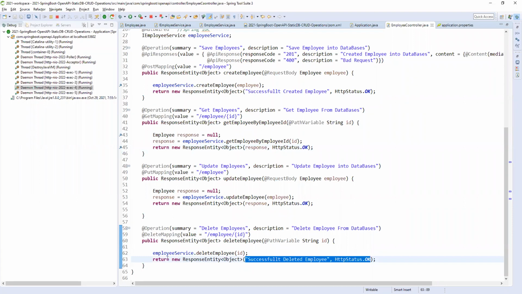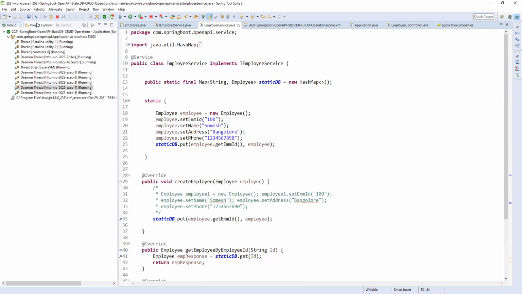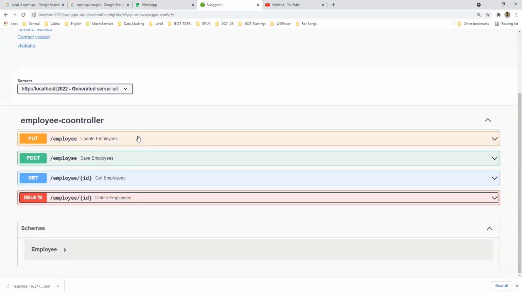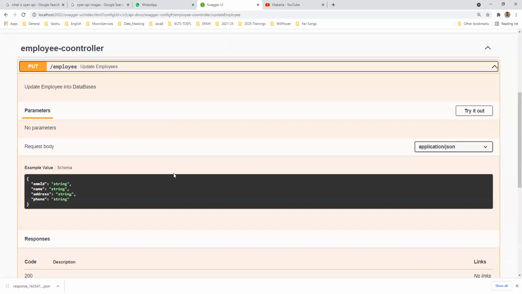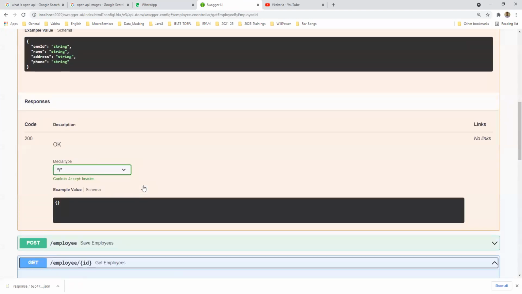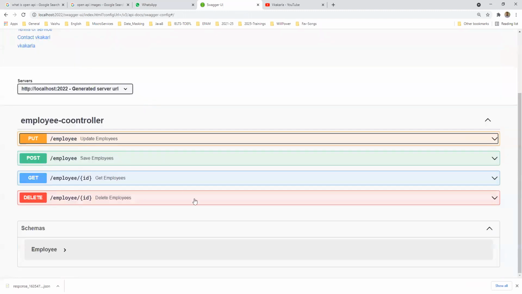Whenever we are coming into the valid exceptions, we will set it here. So if the map is not having this ID, then you can say the data is already not there in the database. Otherwise you can pass successfully deleted. Like that, we can do all our operations: update, delete and get employee. For put employee also, you can give one of the existing employees and change whatever values you require. So do you understand?